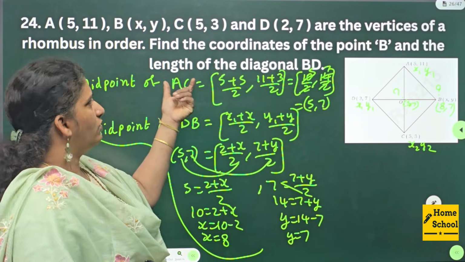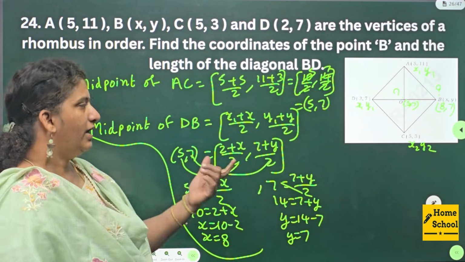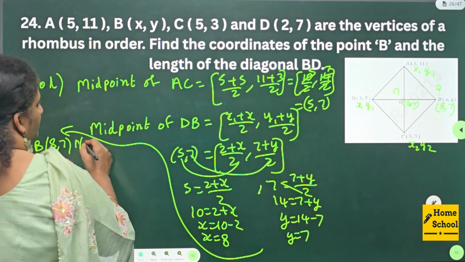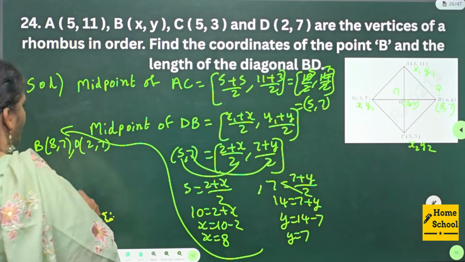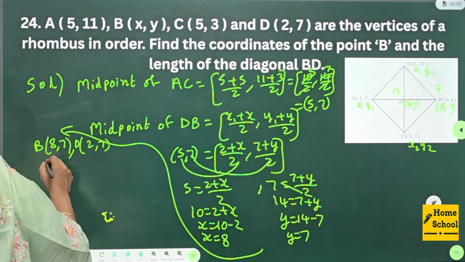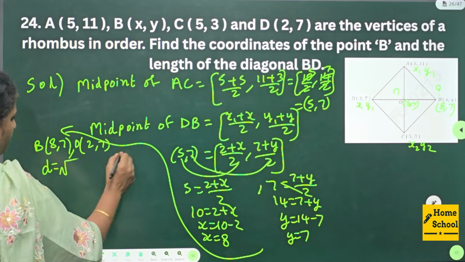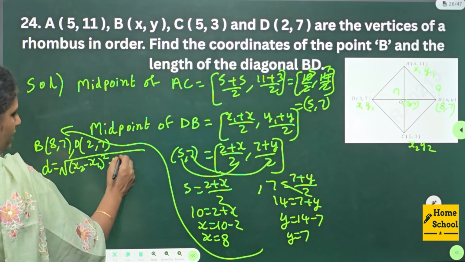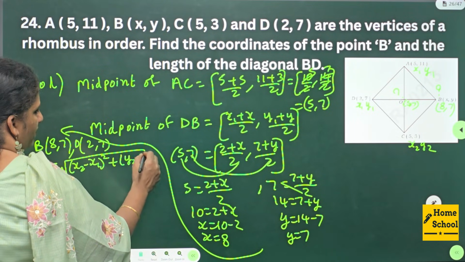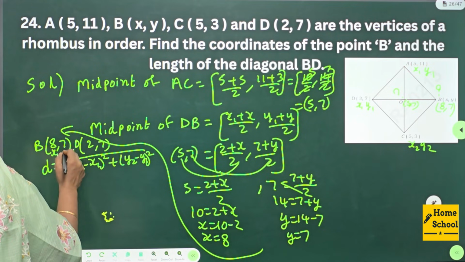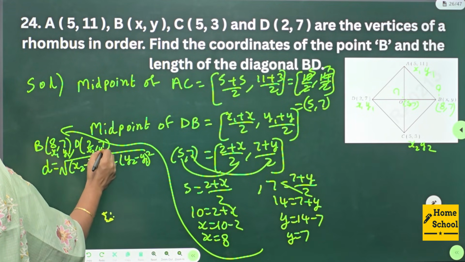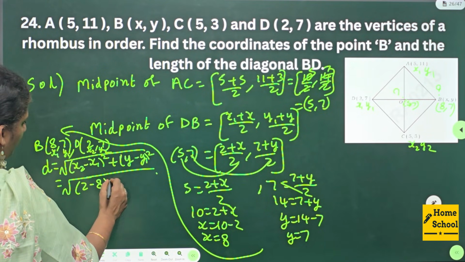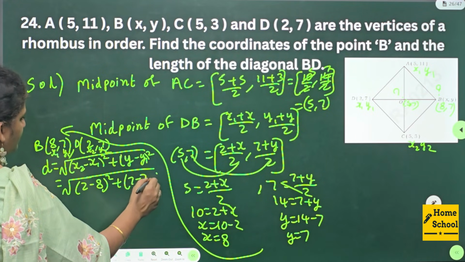You have one more question. What is the length of the diagonal? In order to find the length of the diagonal BD, write BD here. B (8, 7), D (2, 7). Length means distance formula. d is equal to the square root of (x2 minus x1) whole square plus (y2 minus y1) whole square. x1, y1, x2, y2. x2 value is 2, (2 minus 8) whole square plus y2 is 7, (7 minus 7) whole